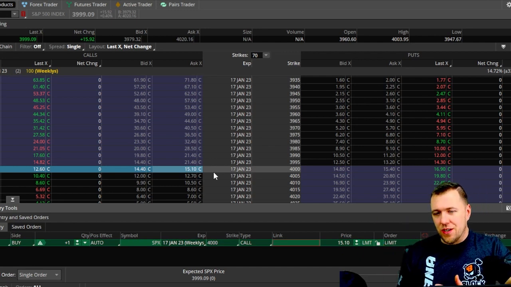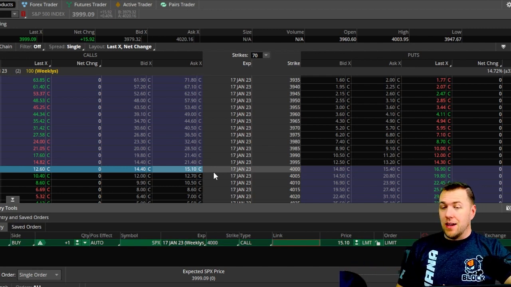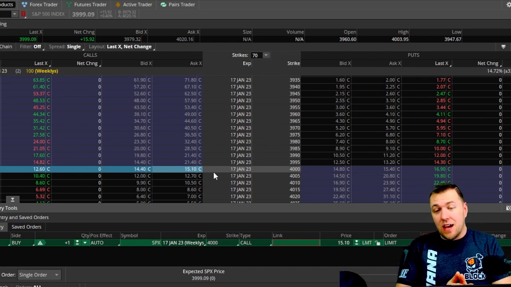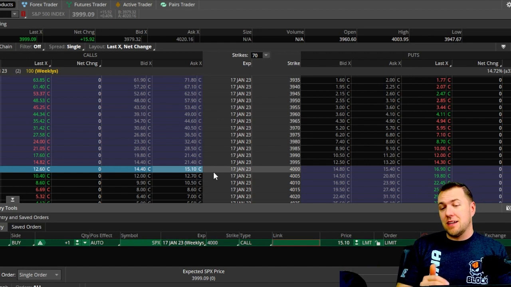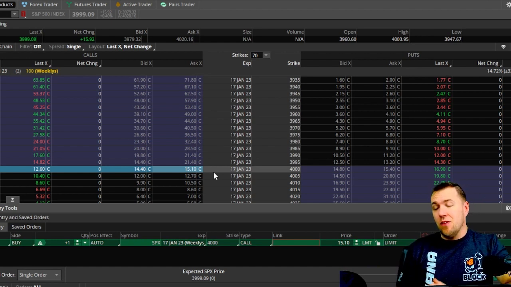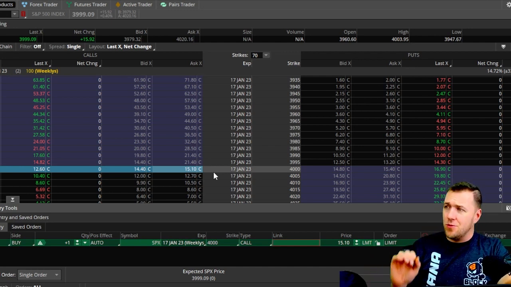IV crush is real. Look at the IV on the day when you enter it, and look at the IV on the day when it's closing, and you're going to realize that it's going to absolutely get wrecked. That's what we call theta burn. Right? The theta on the day, the decay of the contract is 100%. The more the IV goes, the faster that thing gets decayed, the less money we have left. When it comes to trading SPX, you do not want to hold this sucker forever unless you are willing to let that thing go to absolutely zero.